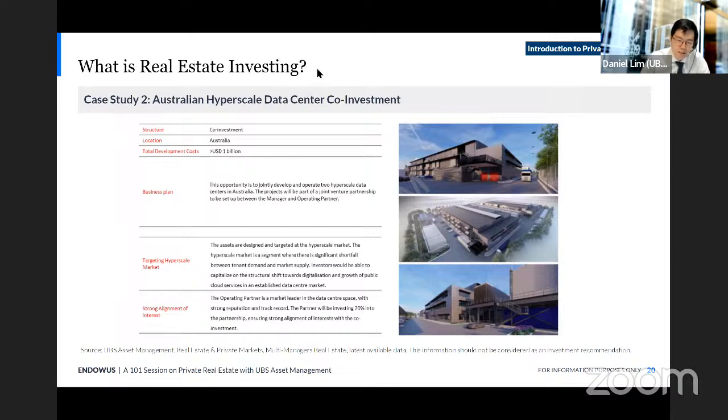And so examples like this illustrate that there's been a lot of growth towards outsourcing data centers to specialist operators, and that really shows that it's very important to go with a high quality operator with a very strong track record. So going back to this example in Australia, this opportunity in particular is with one of the largest global operators that have a very strong track record, and in our view is a key consideration as to why this would have been an attractive opportunity.